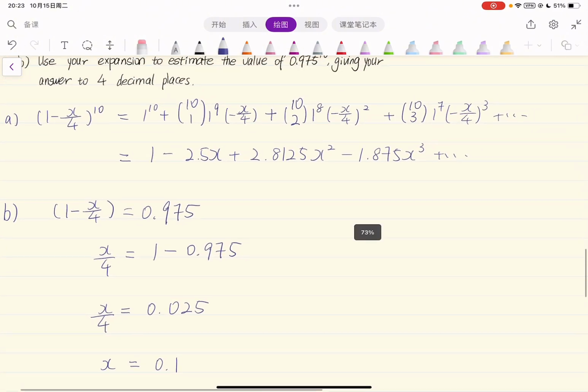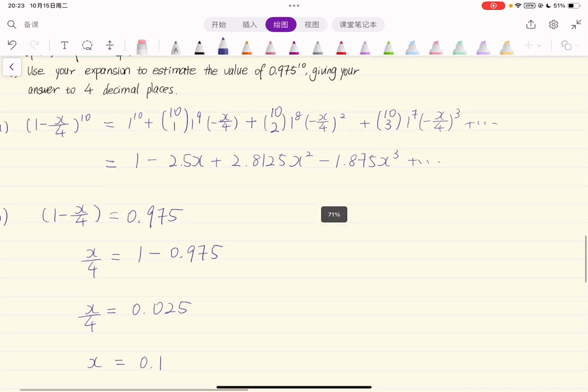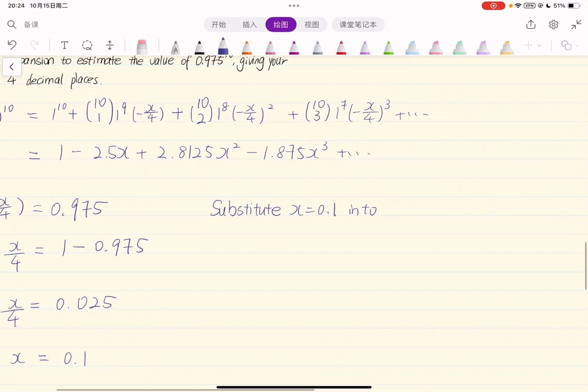Now, we can substitute x equals 0.1 into the expansion for (1 minus x over 4) to the power of 10. So we substitute x equals 0.1 into the expansion for (1 minus x over 4) to the power of 10, which means